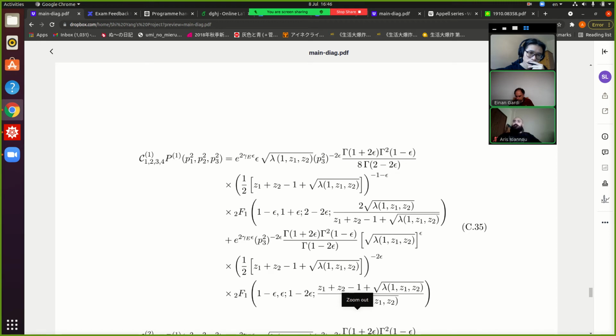Do you understand what I'm saying? Let me give you an example. In the physical region, where all of these momenta are, let's say P1 squared over P3 squared is much smaller than 1, and P2 squared over P3 squared is also smaller than 1. In this region, where these are very small compared to 1, it's a Euclidean region